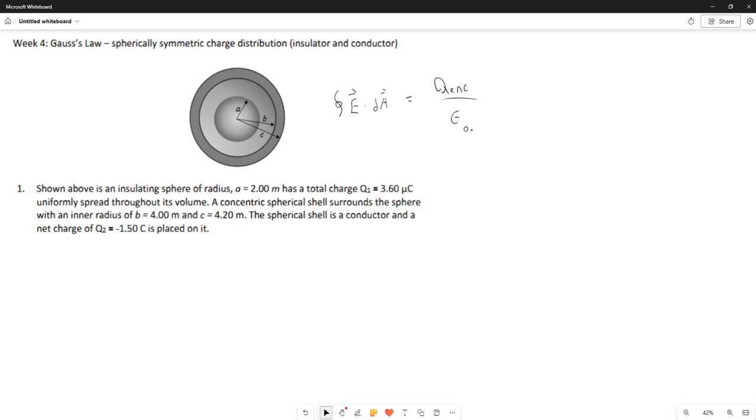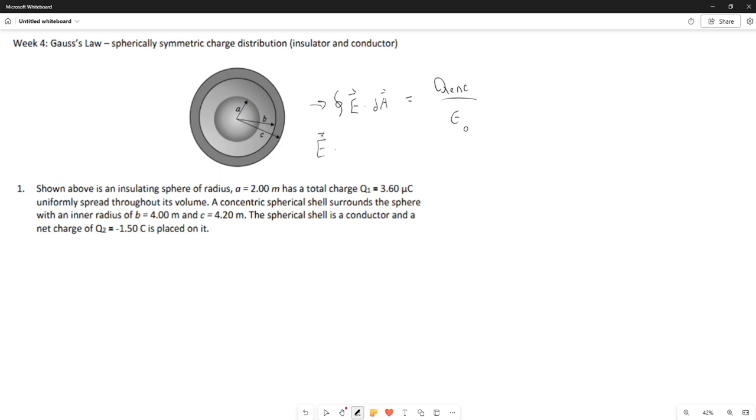The way we do this is because we want to simplify the problem so that the electric field is uniform over our surface of choice. That means per area element over the Gauss surface, the flux is the same at any point along the surface, meaning the electric field is the same. The amount of electric field flow through each area element you pick along your Gauss surface is the same. And if that's true, then when you have this relation up here for Gauss's law,